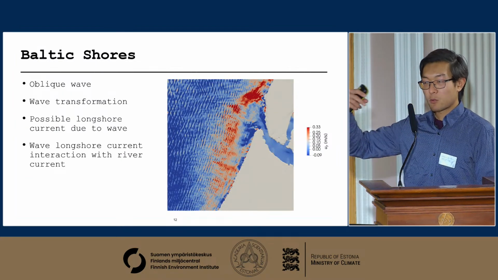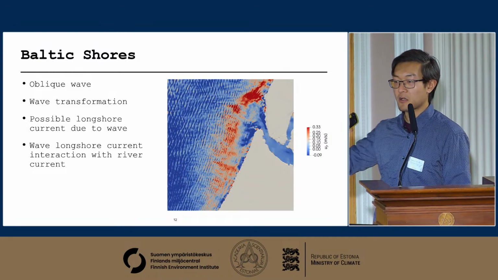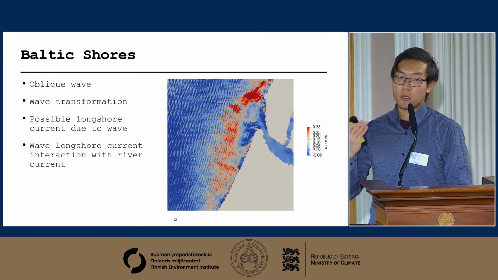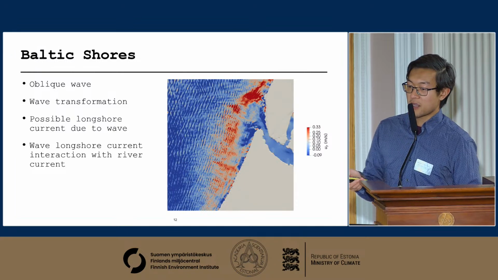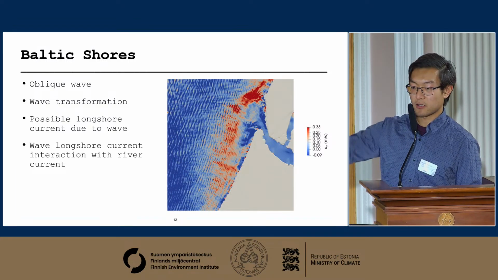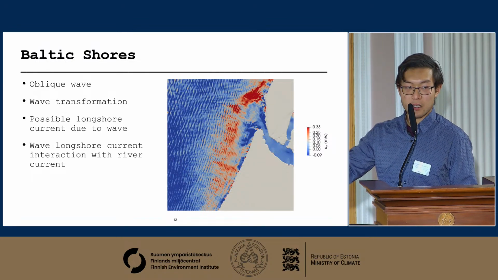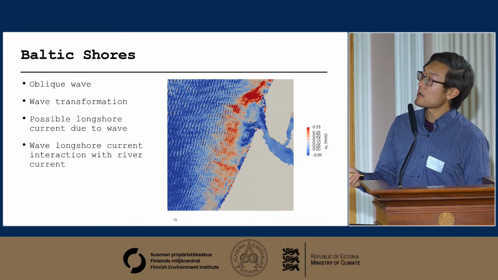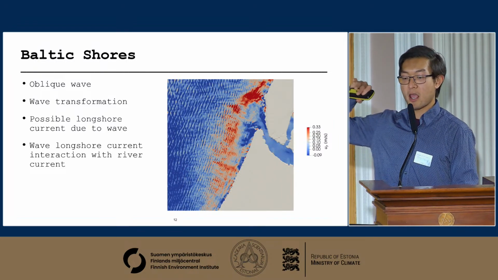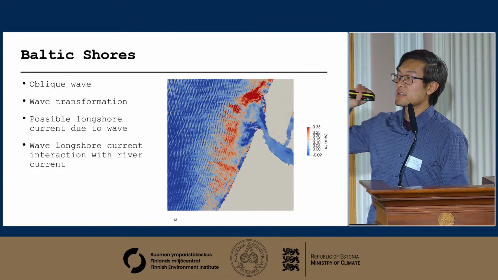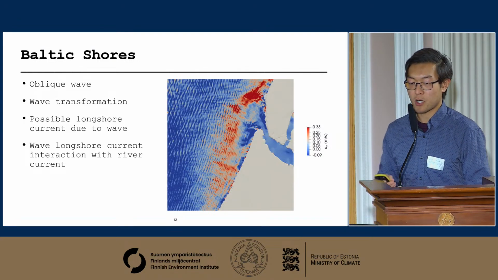And so that's more like what we can use it for cross-shore information, because what I showed was x direction velocity, and you can use x direction velocity to calculate the bottom shear stress, for example, once we include the turbulence model, and then you can calculate cross-shore sediment transport. But then also here, I'm looking at the velocity in the y direction. Now you look at the color scheme. Because the waves are approaching the shore at an oblique angle, and also due to the wave transformations, due to the coastline geometry and bottom bathymetry, we do observe quite high lateral y direction velocity close to the shore. So that might indicate wave-driven current, longshore current, that is relevant to what we heard yesterday,